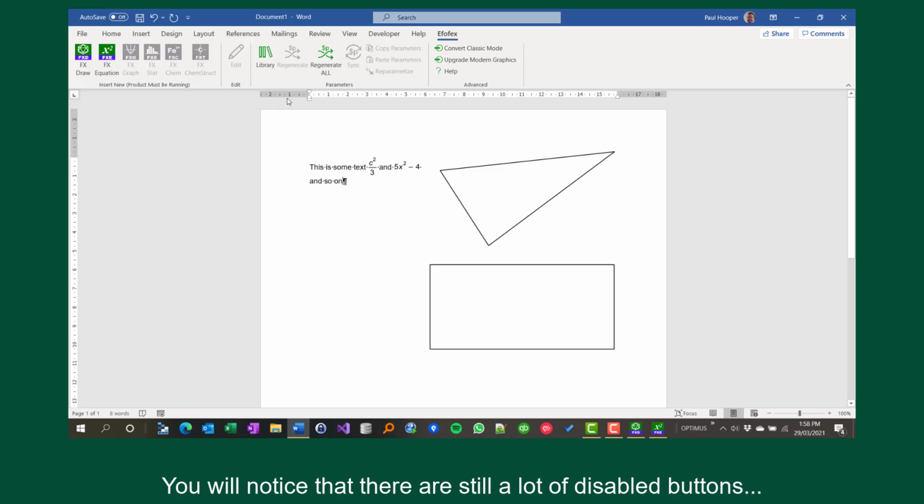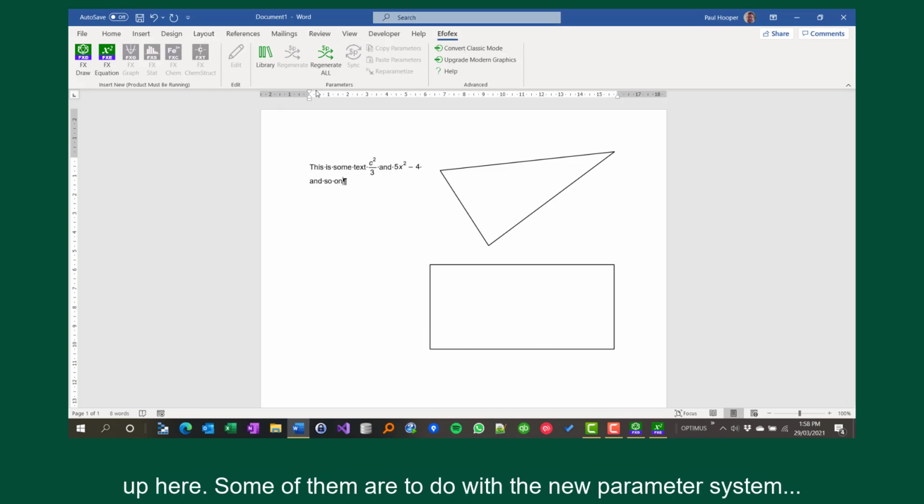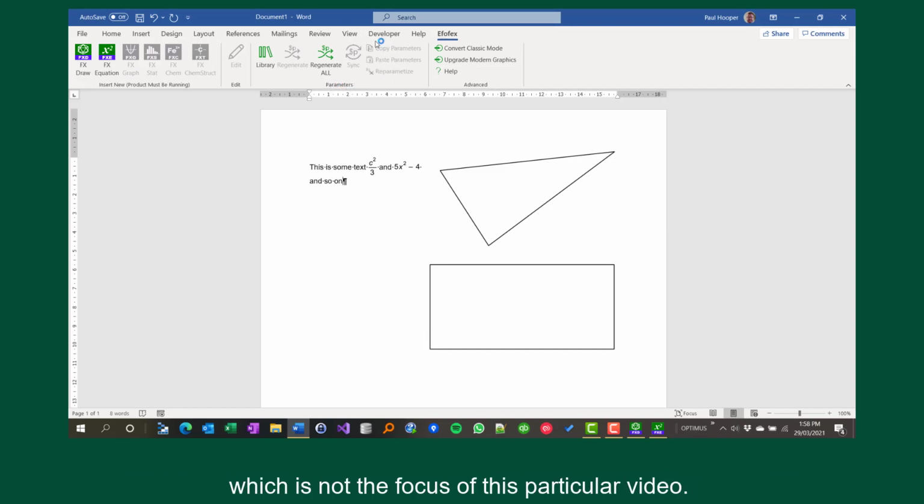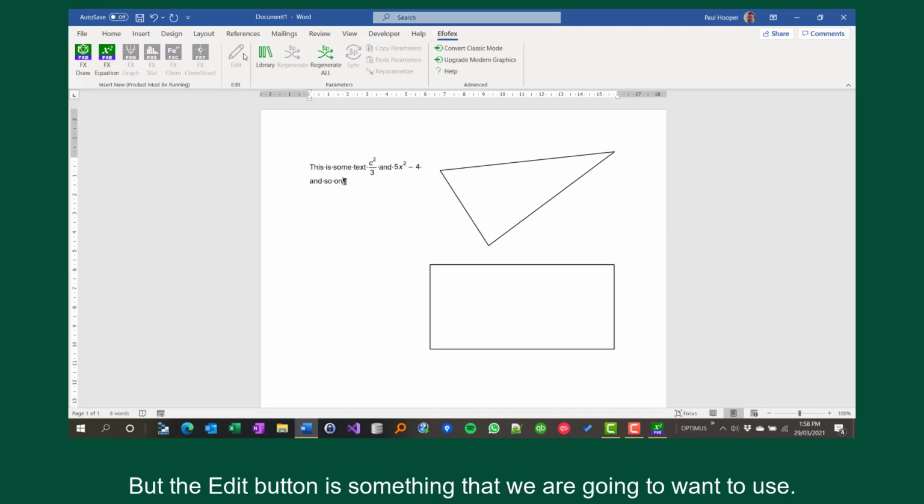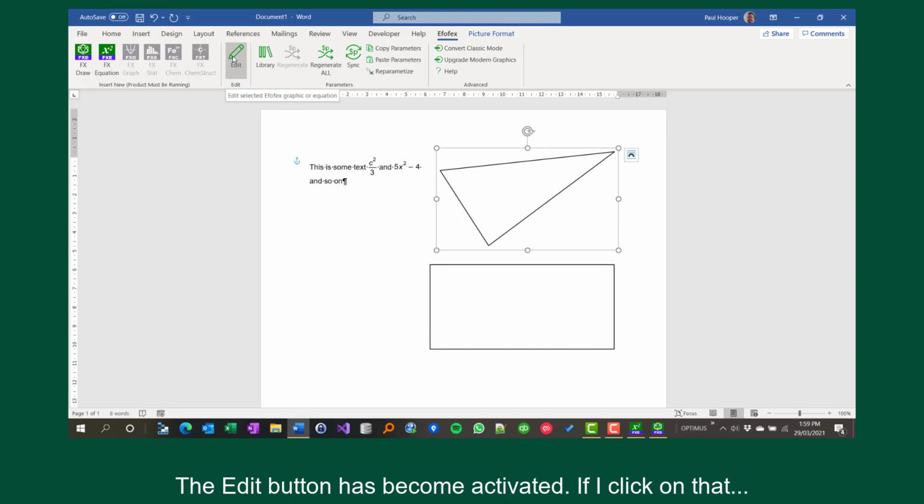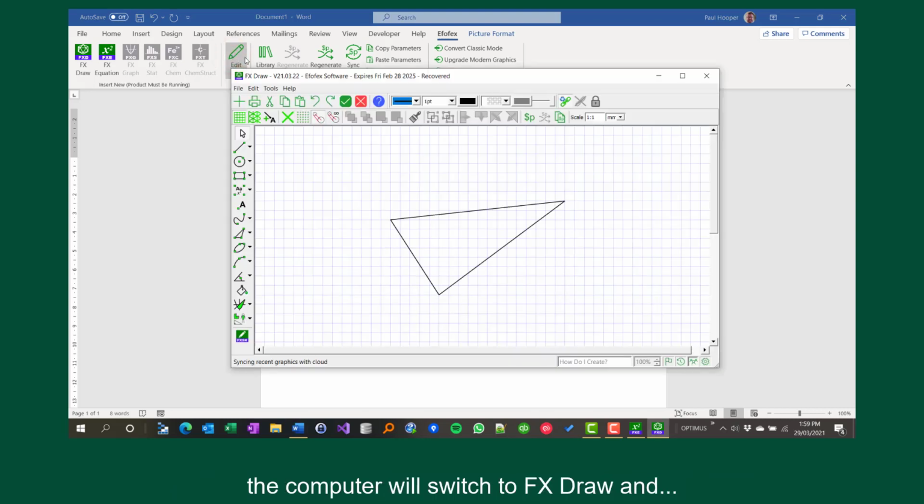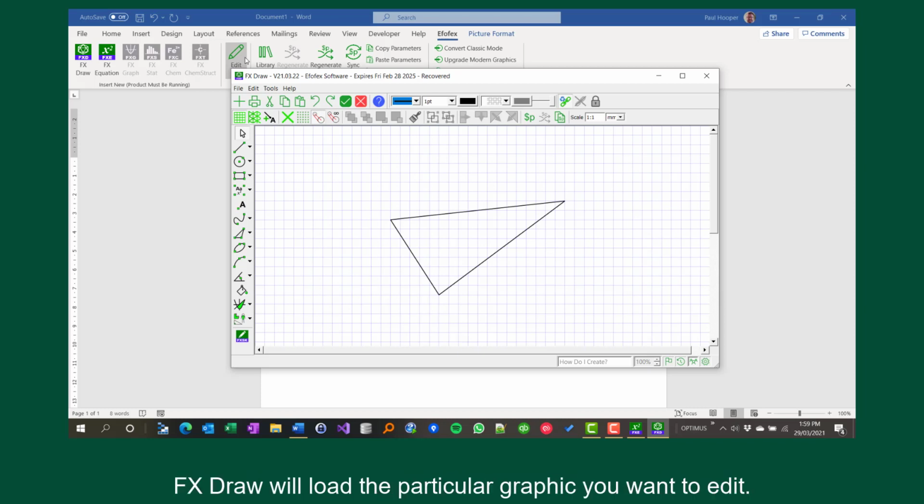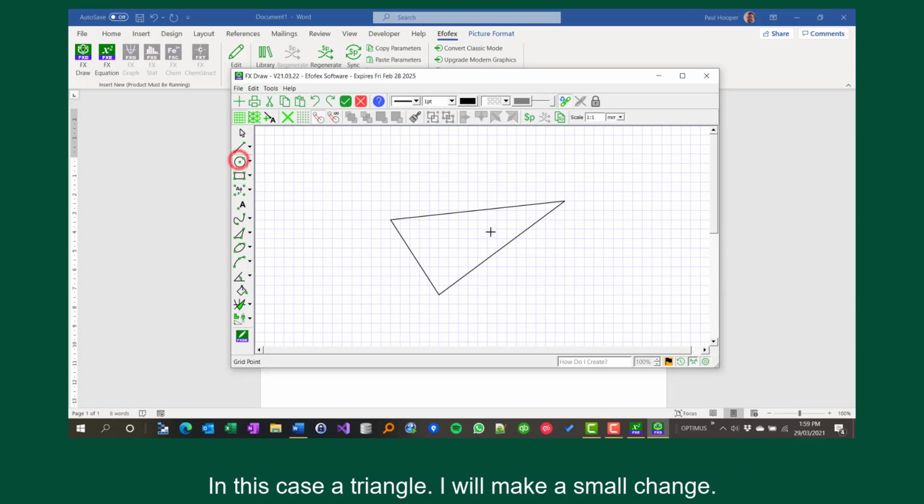You'll notice there's still a lot of disabled buttons up here. Some of them are to do with the new parameter system, which is not the focus of this particular video. But the edit button is something we're going to want to use. So I'll select something to edit, in this case the FX Draw diagram, the triangle. The edit button has become activated. If I click on that, the computer will switch to FX Draw, and FX Draw will load the particular graphic you want to edit. In this case a triangle, so I'll make a small change,